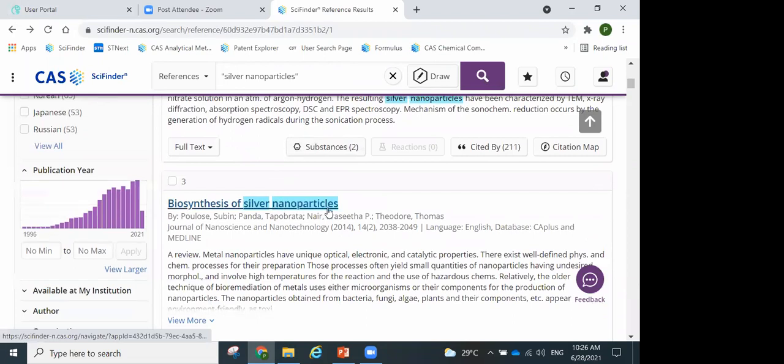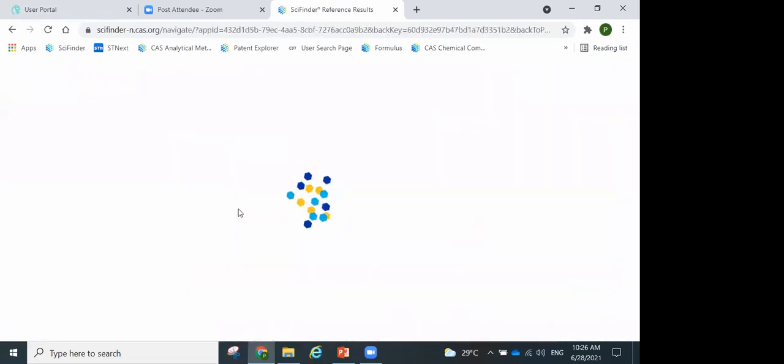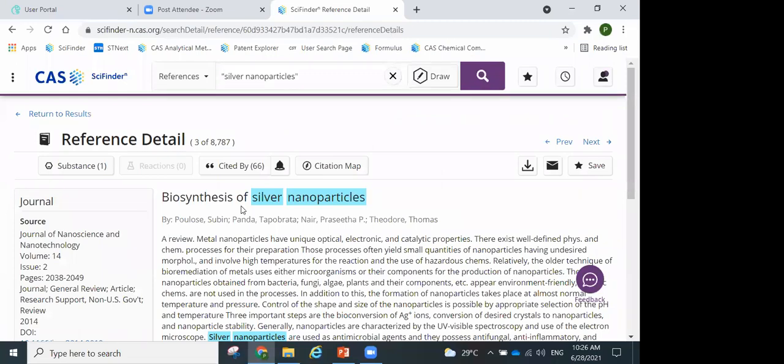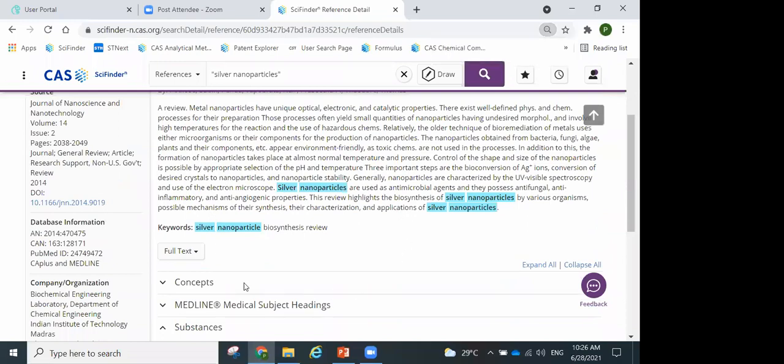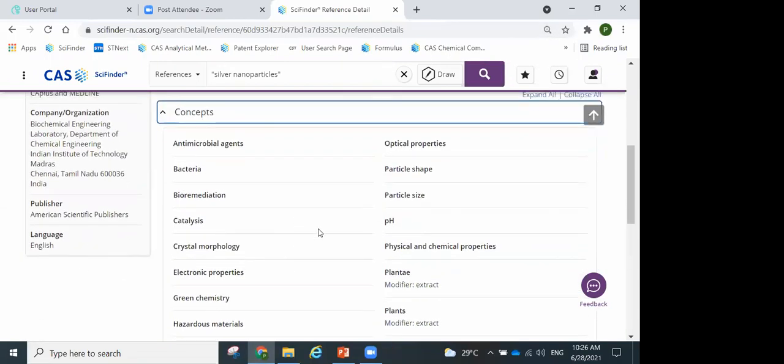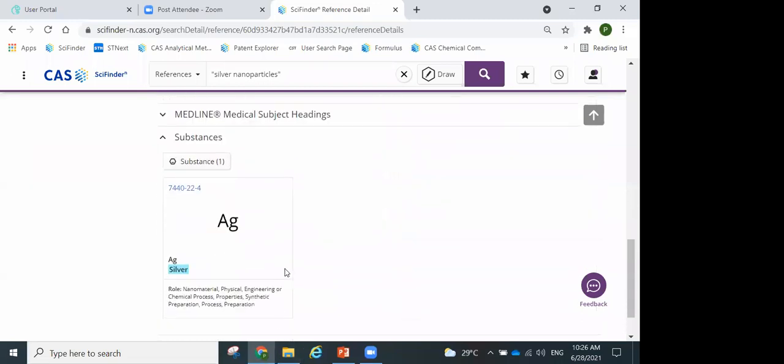Okay, now let's look at another example. This is another way of synthesizing silver nanoparticles, looking at biosynthetic methods. So again, if I go into the reference detail, the same thing. We have here key concepts that are in the paper. If I move down to substances,